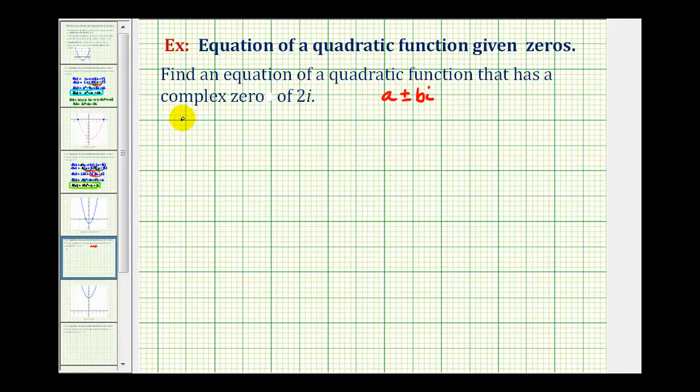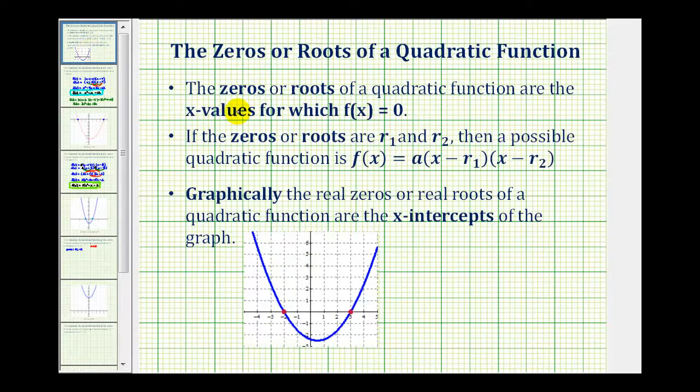So our zeros are positive 2i and negative 2i. And when given the zeros of a quadratic function, it gives us information about the factors of the function. So for review, the zeros or roots of a quadratic function are the x values for which the function f of x is equal to 0, and if our zeros or roots are r sub 1 and r sub 2,